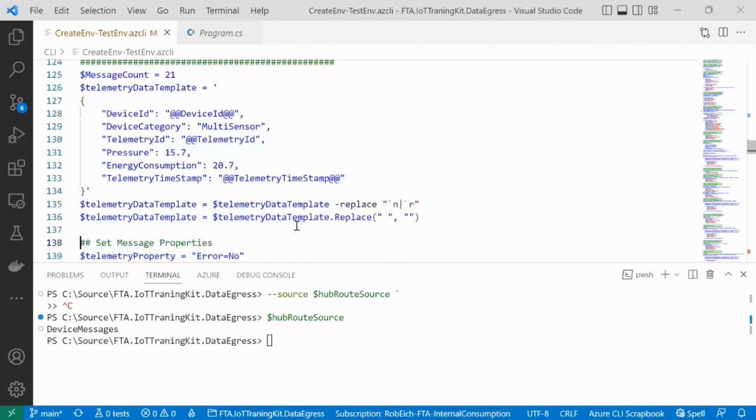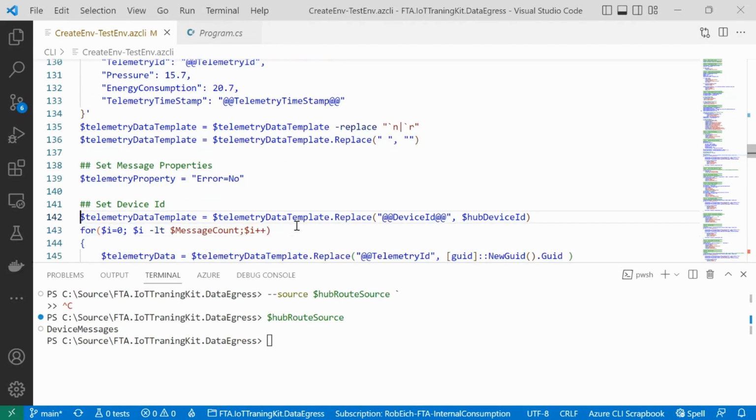And here I'm just replacing some of the information with the real device ID that I've created. And let me stress that line here as well. I say here telemetry property. So I'm sending really the payload of the message. And then with telemetry property, I'm adding to the payload. And when I say payload, I mean this JSON format. I'm adding to this payload kind of a header, kind of an additional property where I say the error equals no. This will become interesting in one of the other demos